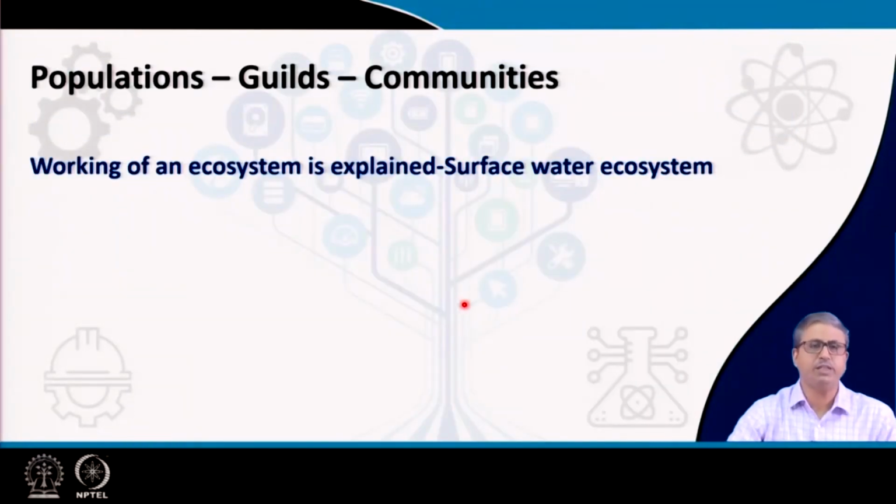Now, this can be very well explained using a surface water ecosystem, where we will see not only the association of different metabolically linked or metabolically associated microbial populations, each of them represented by a particular species, but also how the flow of energy and the flow of nutrients are allowed, and we also will see how that facilitates the cycling of the nutrients, which forms the basis of the biogeochemical cycle within any